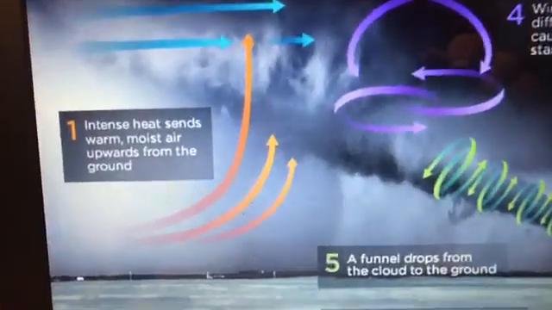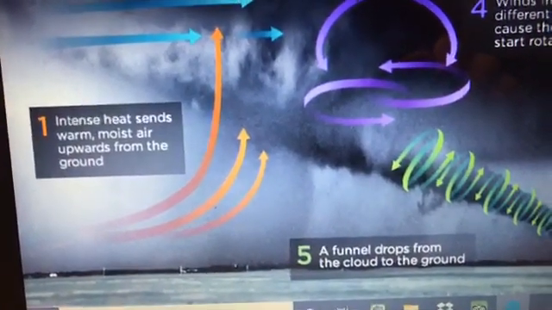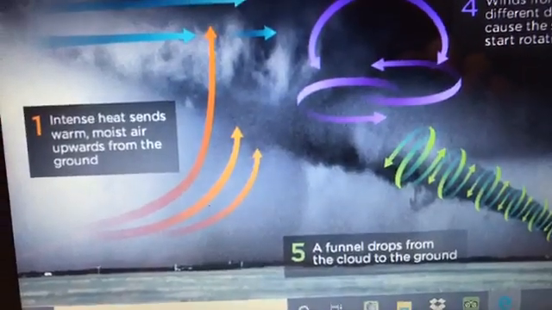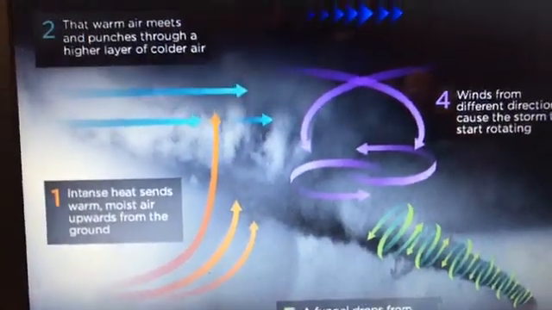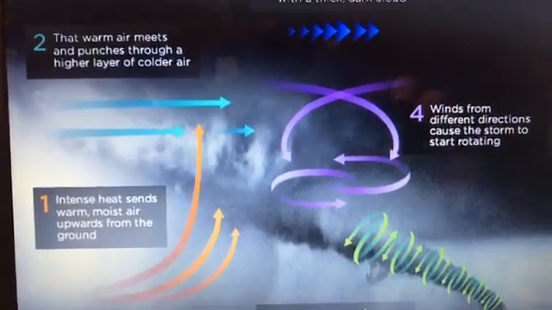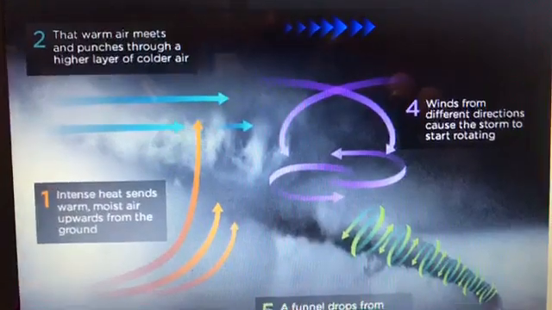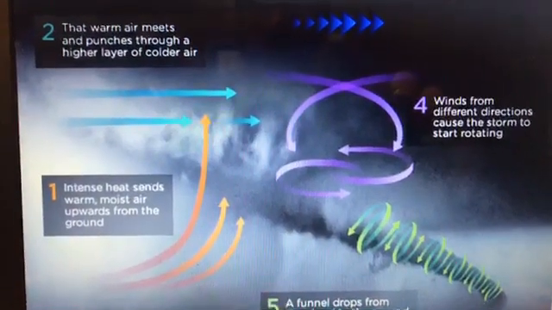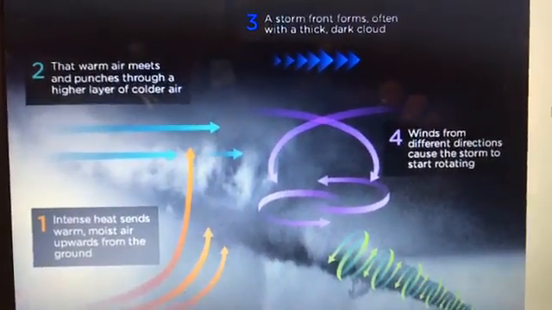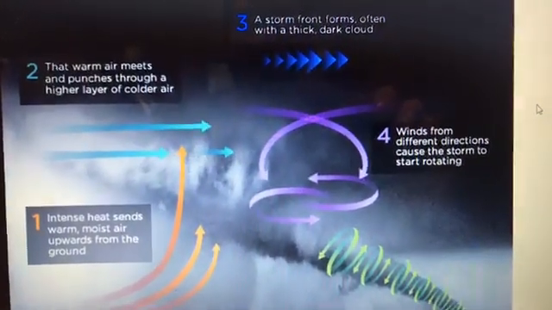First, you need rising air. You need usually warm, moist air that starts to get a good push or rise in the atmosphere. Rapidly rising air that punches up very high into the atmosphere. It goes through several layers of the atmosphere and meets up with winds aloft that are moving in a different direction. Now you're going to start to get what's called a cumulonimbus cloud, a big, vertically developed